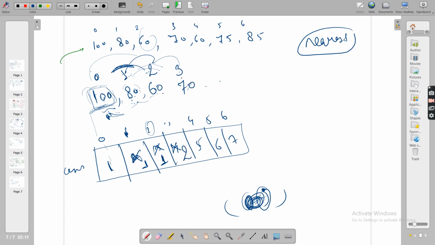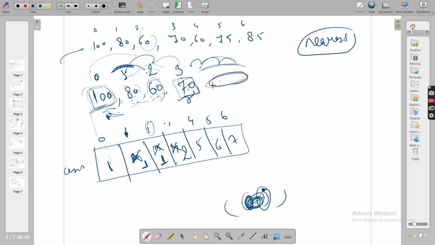Now see guys, once you are done with 70, actually 60 was lesser. So is 60 of any use right now? I'm just asking you guys. Because 60 was lesser than 70. Now for the elements to the right of 70, because you want consecutiveness, you will be traversing in consecutive order. So all the elements in its right, who can be their blocker?